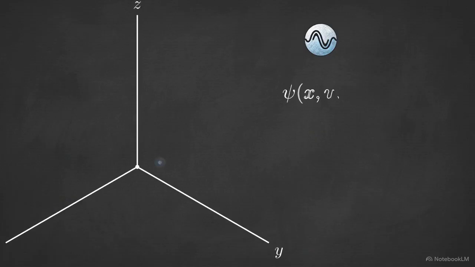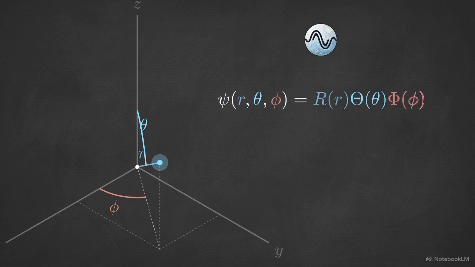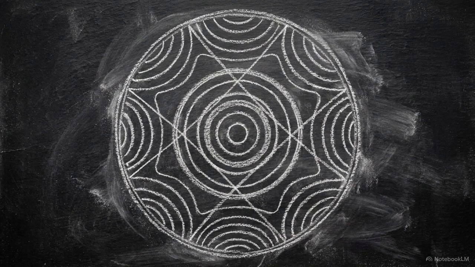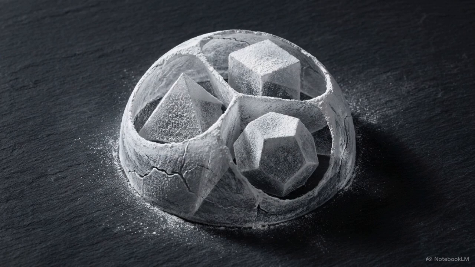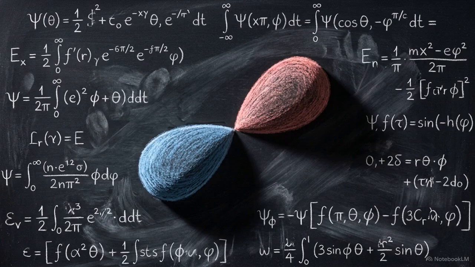Solving the equation requires a shift in perspective. We convert the electron's position from Cartesian coordinates into spherical coordinates, defined by radius and two angles. This separates the wave function into a radial component, depending on distance, and an independent angular component. The mathematical restrictions on this wave equation function like the harmonics of a vibrating drumhead. Only specific, discrete patterns can exist within these spherical boundaries without the wave interfering with itself. These patterns are the quantized energy states of the atom. They are not arbitrary rules, but the inevitable mathematical result of solving a wave equation within a spherical field.